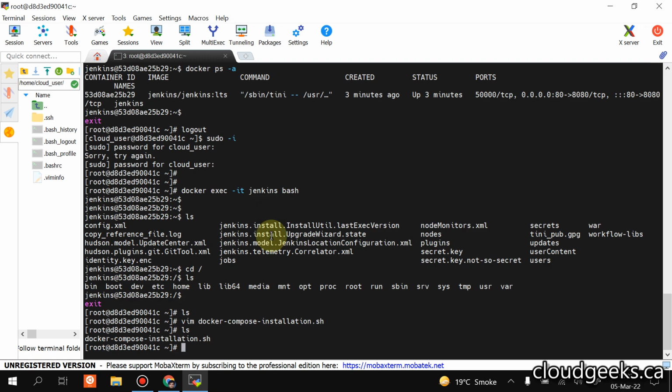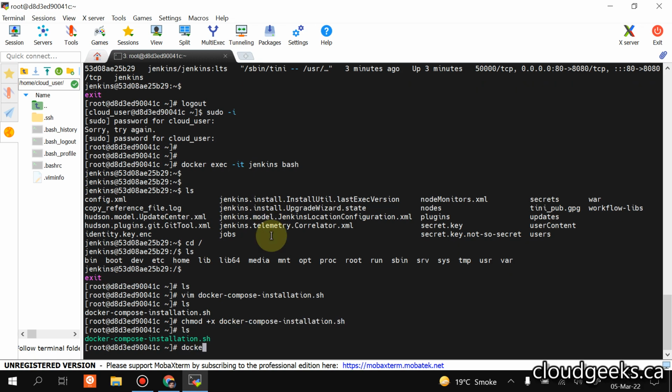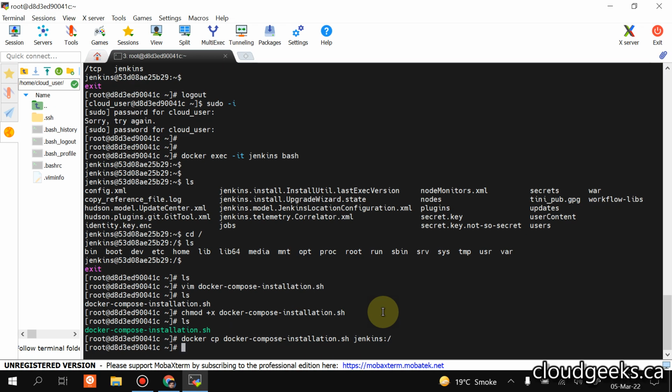So that is one way of doing it. I'm going to make it executable, and paste it here. I just want to copy this file inside the container, with the name Jenkins, and paste it inside slash with this name, that should be fine. So if I do docker exec again,